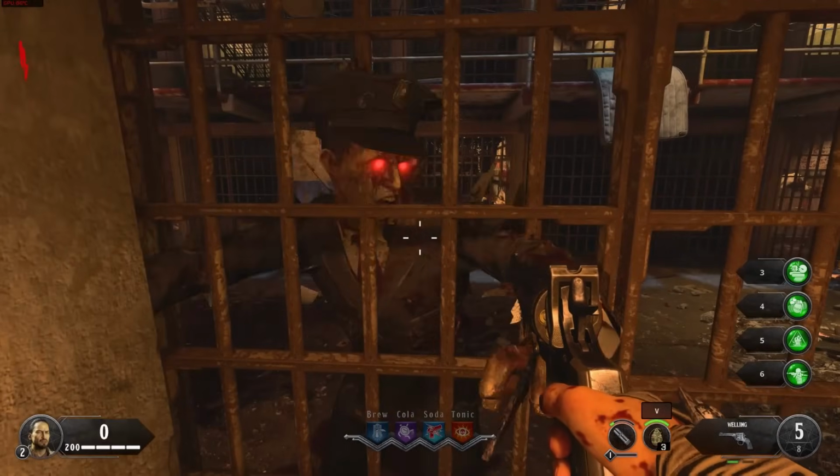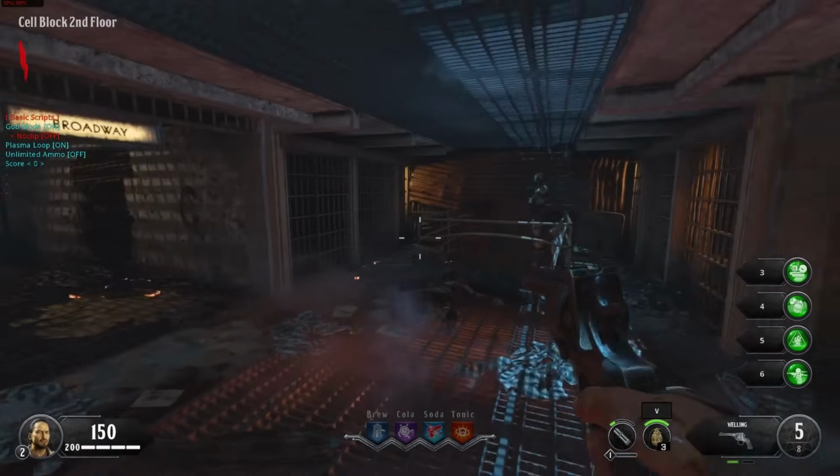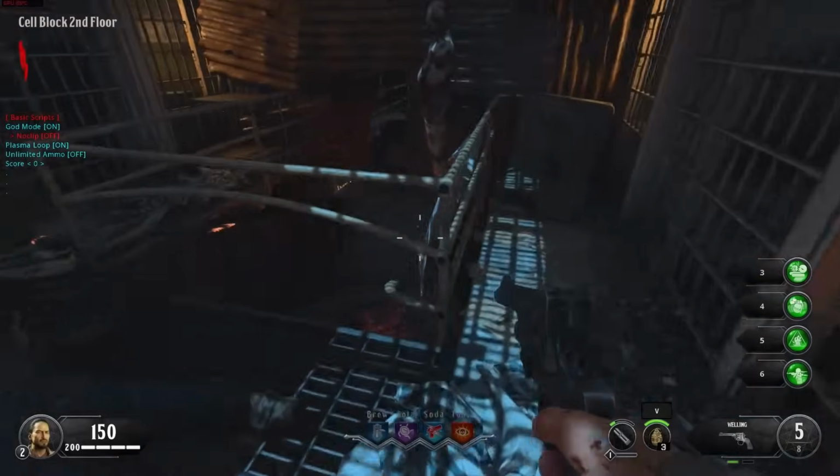Oh, hey, buddy. You here to get me out? Because I'm a little stuck. I guess not. And lastly, for this cell block middle area of the map, if we go ahead and